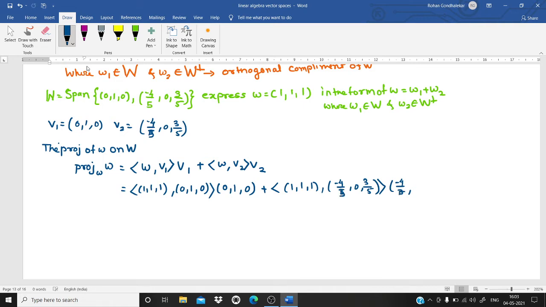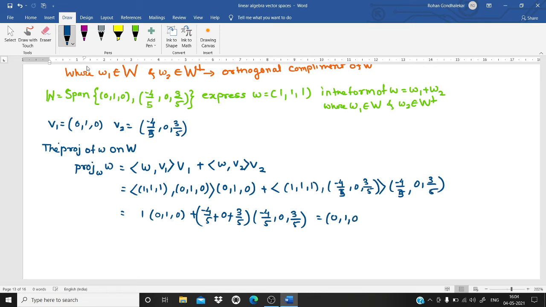4 by 5, minus 4 by 5, comma 0, comma 3 by 5. Now solve this. This inner product will be a dot product of (1, 1, 1) with (0, 1, 0). What will be the dot product? 1 into (0, 1, 0), plus, what is the dot product of these two? 1 into minus 4 by 5, that is minus 4 by 5, plus 1 into 0, 0, plus 1 into 3 by 5, into the vector (minus 4 by 5, comma 0, comma 3 by 5), which is equal to